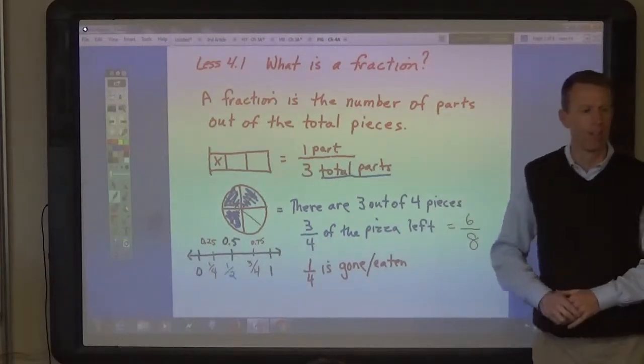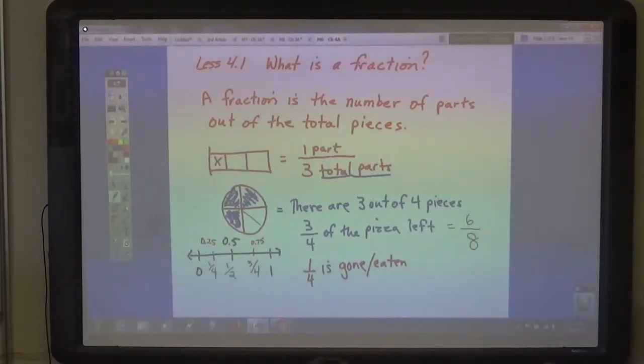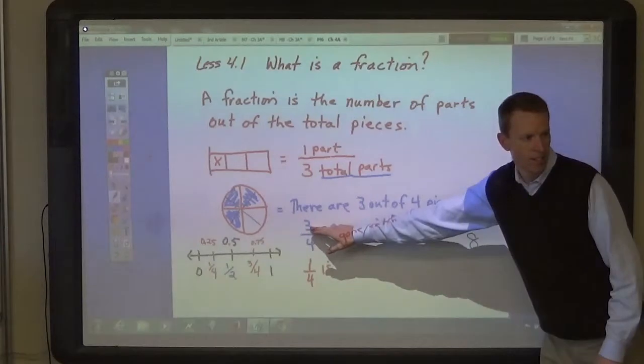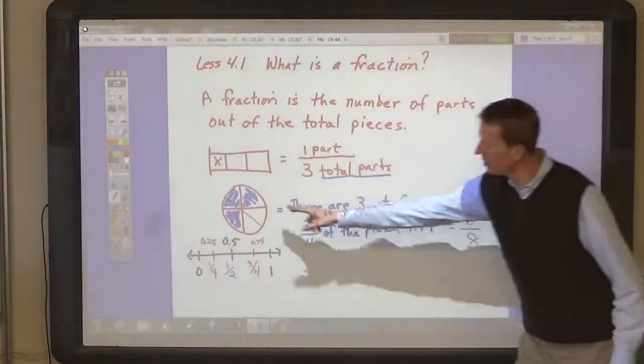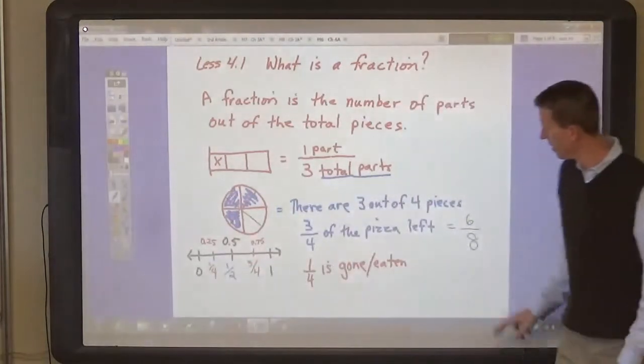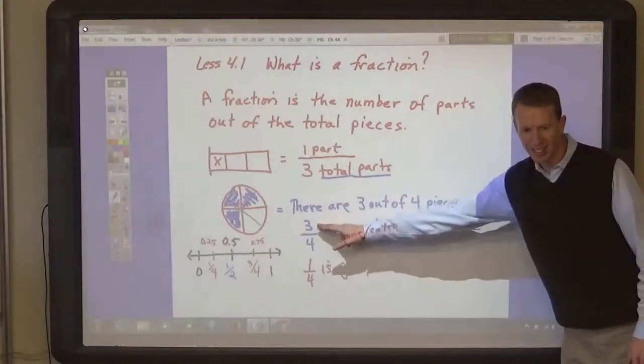And what else is different between 3/4 and 6/8? Look at the drawing. How many pieces are there now? 6 instead of 3. There's 3 pieces because 3/4 of the pizza's left, and then we cut all the slices that are left in half. And instead of now 3 pieces, there are